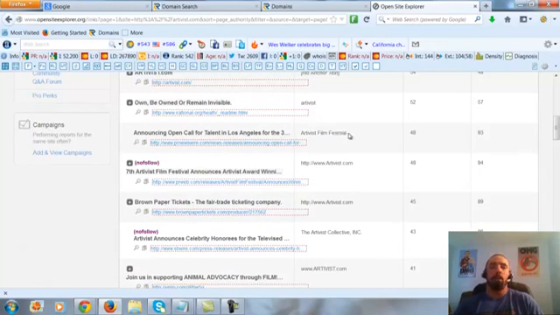Okay, you see Artivist Film Festival, then you see a link from a site, Brown Paper Tickets, which sells tickets. Okay, an artist film festival would need tickets to go to. Here, this is a natural link. That's what I mean, where you can kind of put it together. Okay, this used to be an artist film festival site. We got a link from brownpapertickets.com, which sells tickets, which would sell tickets to a film festival, right? So that's the type of things you put together for, are they natural links? It's what the site used to be about, and is it getting links from relevant sites?